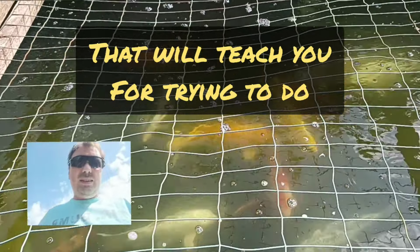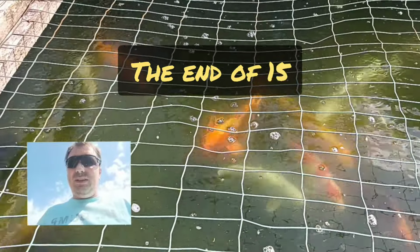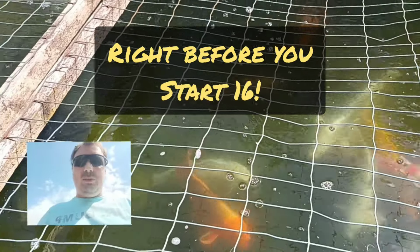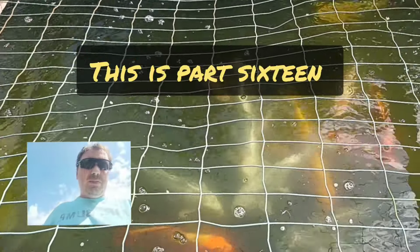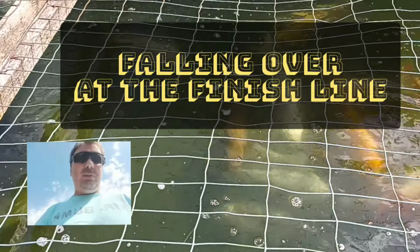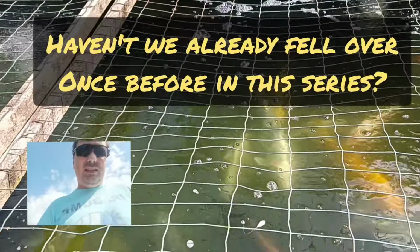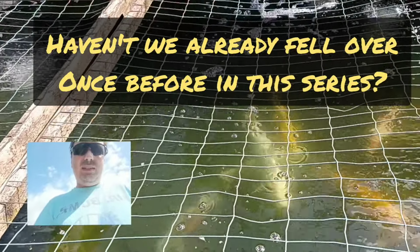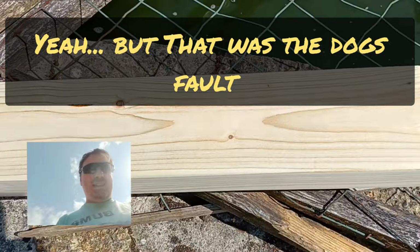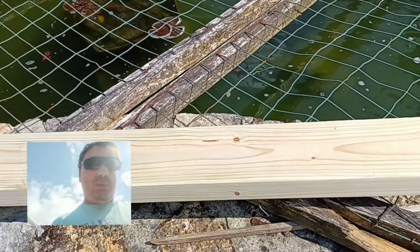and I have just got the last piece of wood for the top of the pond. This pond has had a little bit of something to prevent blanket weed going, which actually does seem to be making a difference, because the easy pod is lasting a lot longer. Well, let me show you this last piece of wood. There we go. That's the last piece. That was the spare piece that we had,